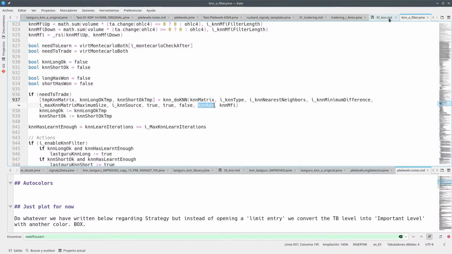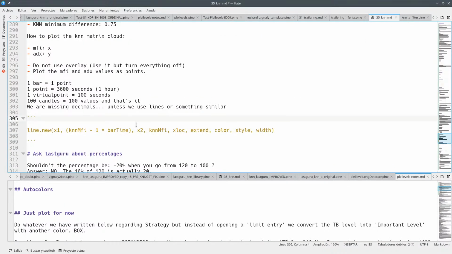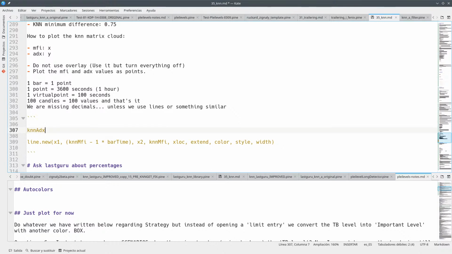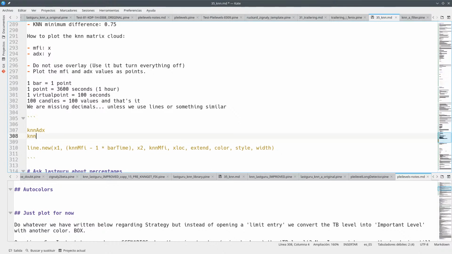So this is where we do some magic. So with ADX, what we want to do is KNN ADX x1 and x2. So x2, what we want to do is, let me see, we want to say